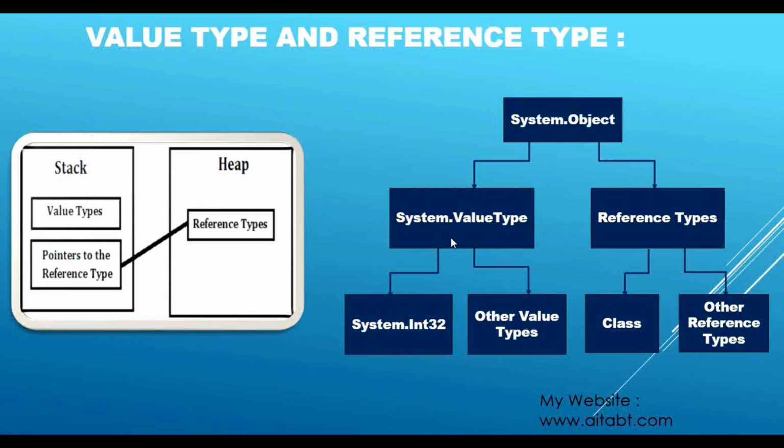Extending means extending the features of a base class. So this value type always extends System.ValueType.